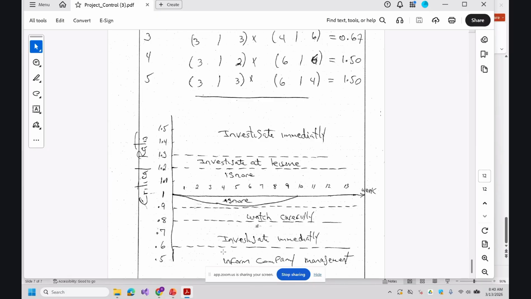We thought something was going to be finished in 5 days. 1 month is gone and nothing has been happening. So this is called critical ratio. So as you see,